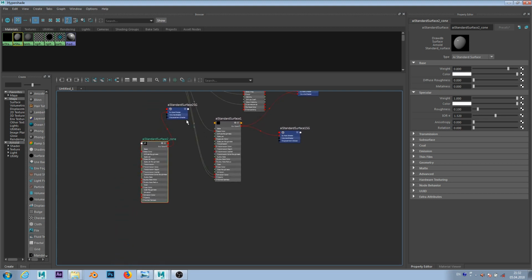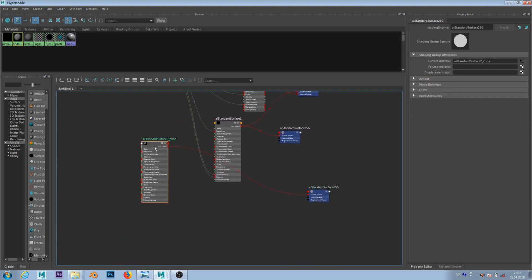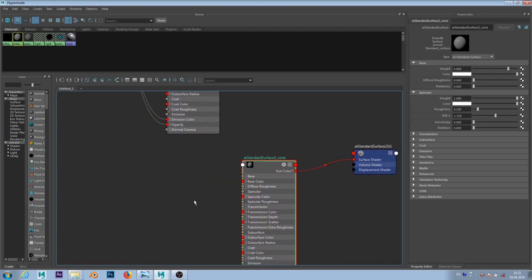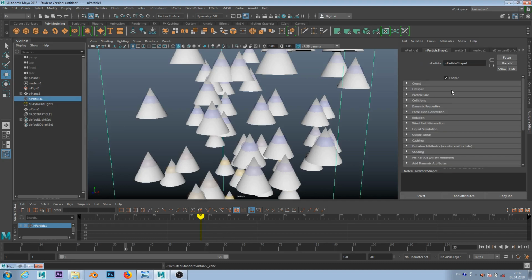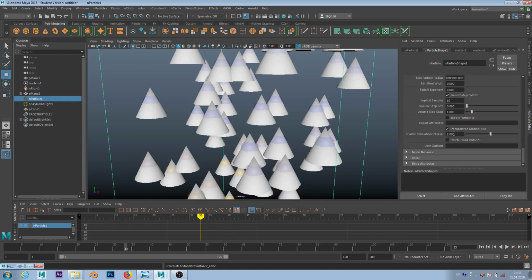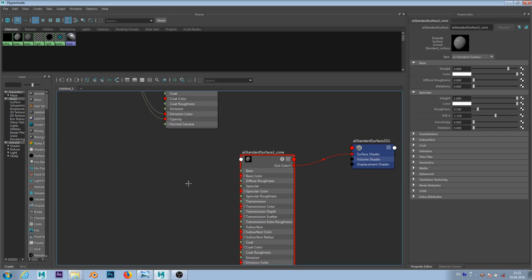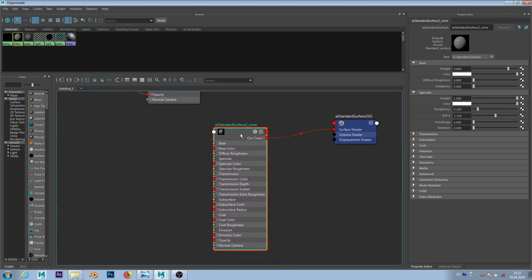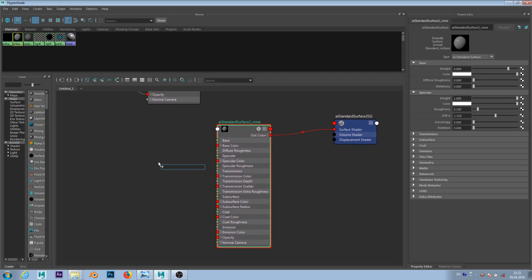and I will add... Then you should now go to the Nparticle shape first. And here under the shading, actually under the Arnold, we need to enter the magic word here under the export attributes, RGB PP. That's it. Now here where we have the hypershade, our cone shader, as you can see, I'm just